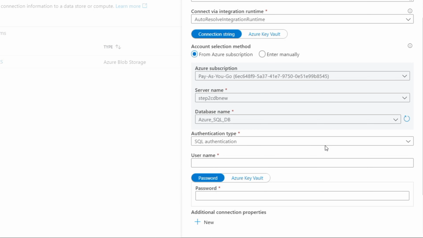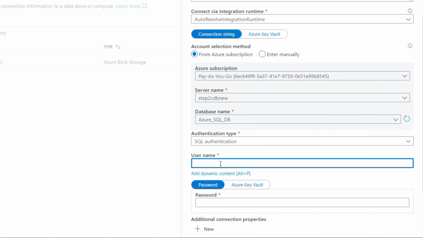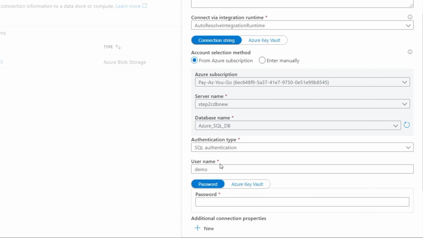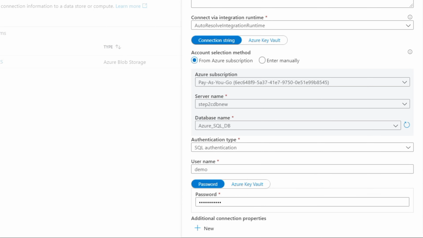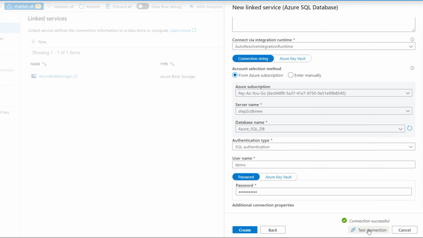And we are going to access this by using SQL authentication, so we need to use the login name and password. And let's test the connection. And the connection is successful. So let's create the connection.